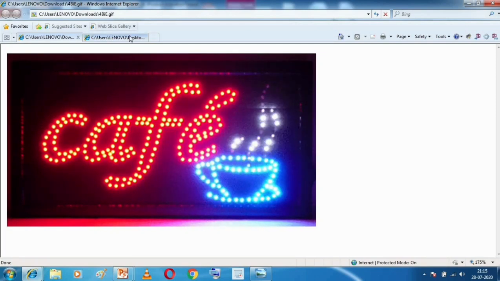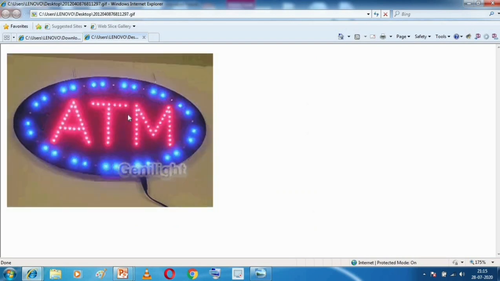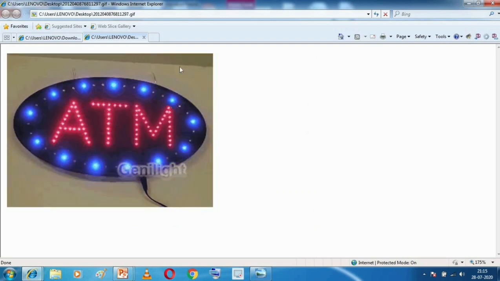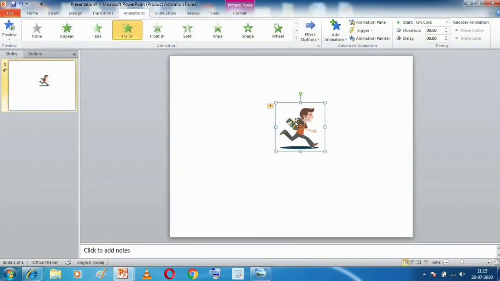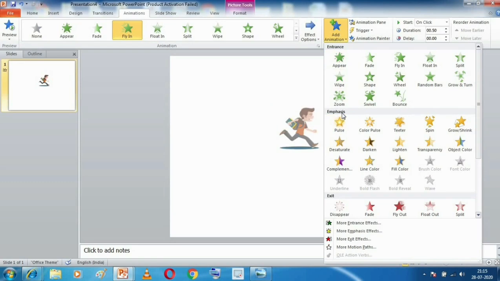So these types of signs are there on shops to grab attention. In the same manner, in our slide also we want to grab the attention of our audience. So for grabbing the attention of the audience, we select emphasis type of effects.